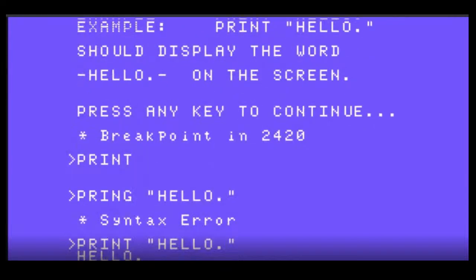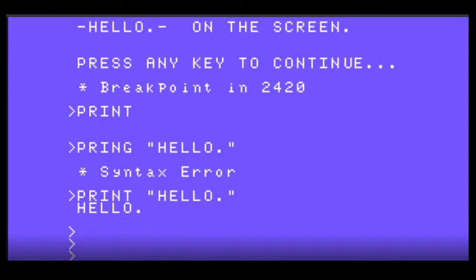Okay, so it printed hello. Here, let me bump that up a few spots. All right, so you should see that, right? I just typed in the word print and pressed enter. It didn't print anything. Then I typed in pring, hello, and it said syntax error because pring is not a recognized word. Then I managed to finally spell it out correct. Print, quote, hello, period, end quote, hello, period. All right, now we'll type in con, and it should continue from where we broke the program with function 4.